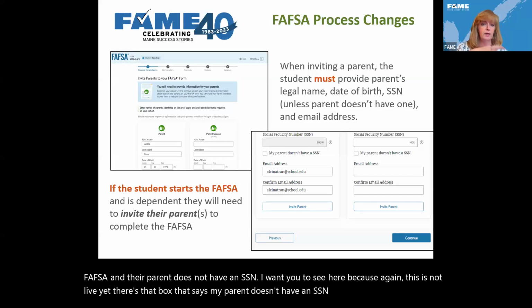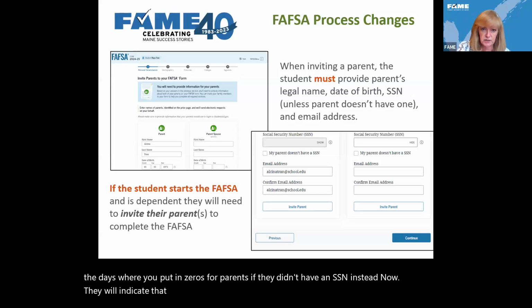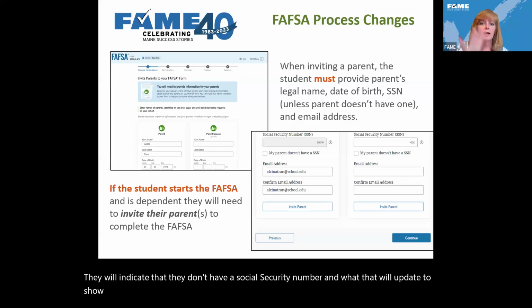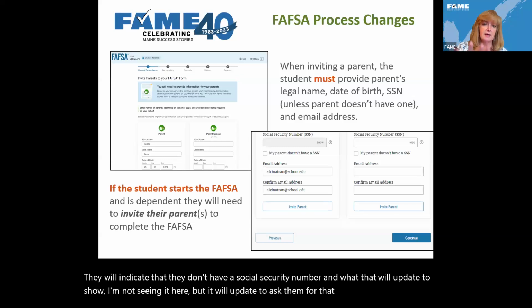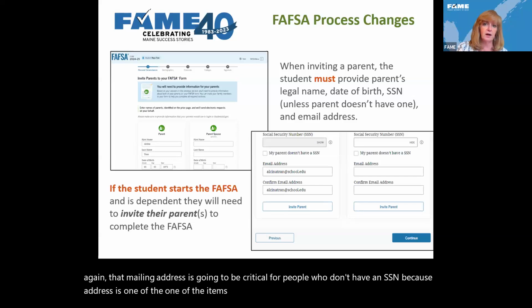Remember, gone are the days where you'd put in zeros for parents if they didn't have an SSN. Instead, now they will indicate that they don't have a social security number. And what that will update to show, we're not seeing it here, is a request for that mailing address, because that mailing address is going to be critical for people who don't have an SSN, because address is one of the items that potentially is going to verify their identity.